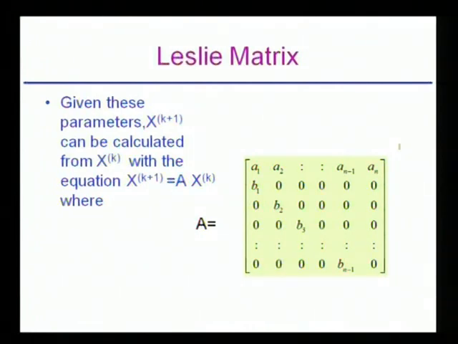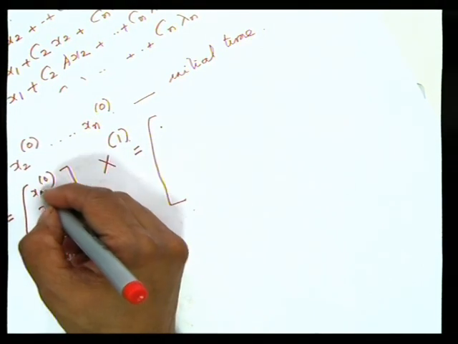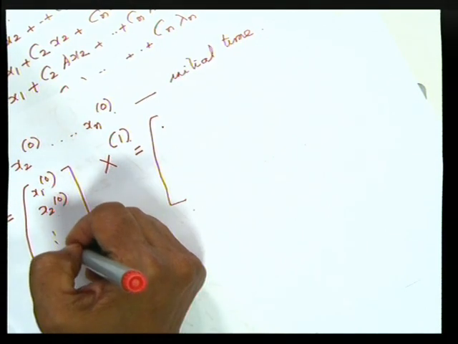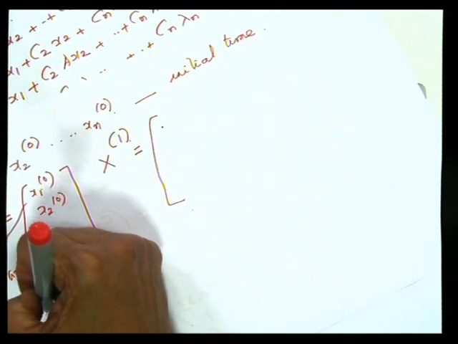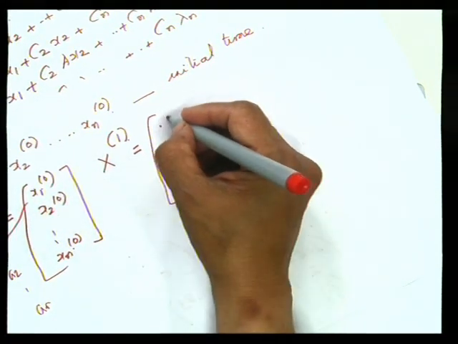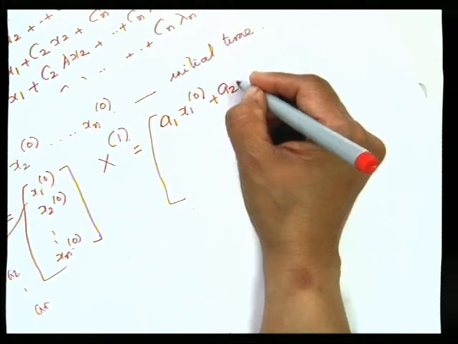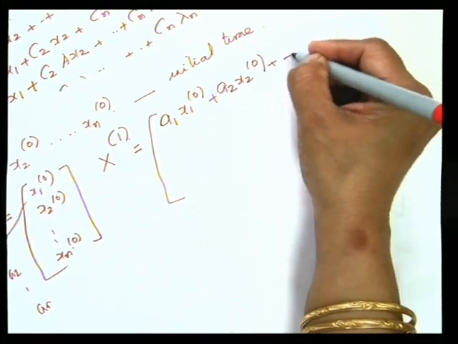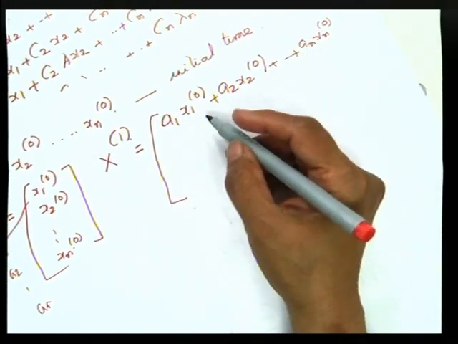Okay, then at the next time interval when we measure, what we will have is x1. How do we calculate x1? What will be there in the first class? In the first class, it will be all the babies born to the respective females in each of the previous classes. Supposing the fecundity rates are a1, a2, etc., an for each of these classes, the number of babies born will be a1 x10 plus a2 x20 plus etc. an xn0. So this will be the number of people in the very first class.